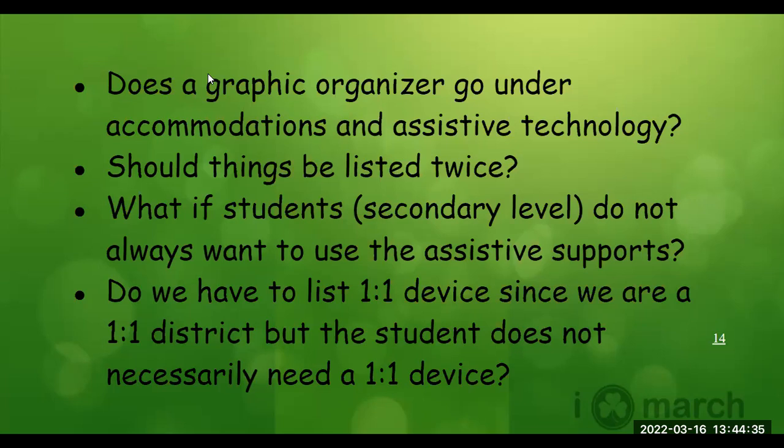Because we hear this a lot too, even around specially designed instruction. So it's not just for assistive tech, whether we're talking about SDI, accommodations, or assistive tech. If you've got a rock star teacher who differentiates for everybody in the class and is using UDL, that's awesome. But the question the team has to ask is, does Susie need this particular type of SDI, this accommodation, this